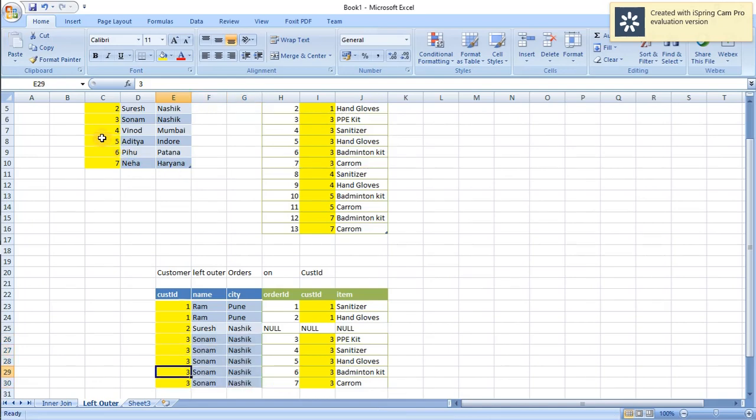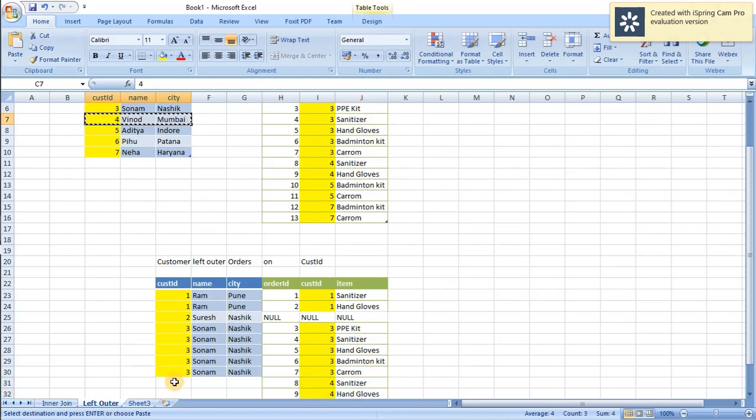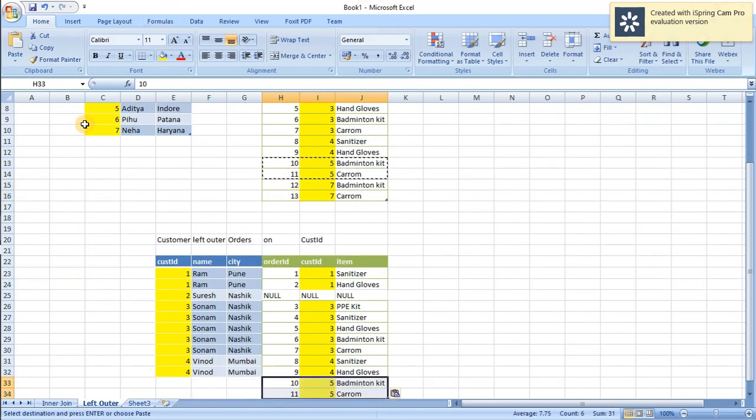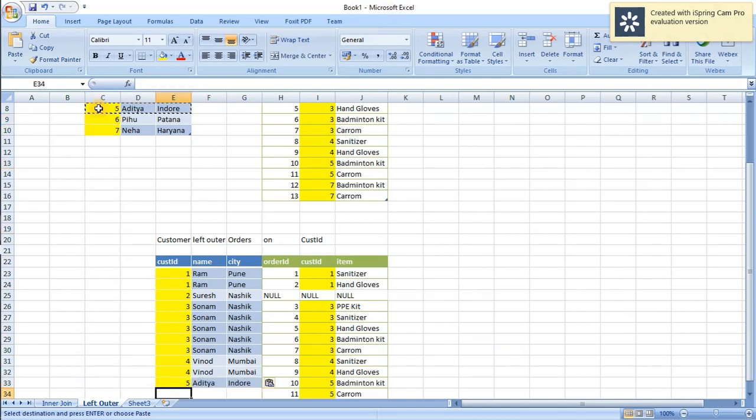And now customer ID equal to 4. Customer 4 has purchased a couple of items. So there will be two entries, as the record for customer ID equal to 4 is found twice. So this couple of entries will be found here. And now we can see customer ID equal to 5. Customer 5 also has a couple of entries from the right table, and this customer ID equal to 5 from the left table will be replicated twice.